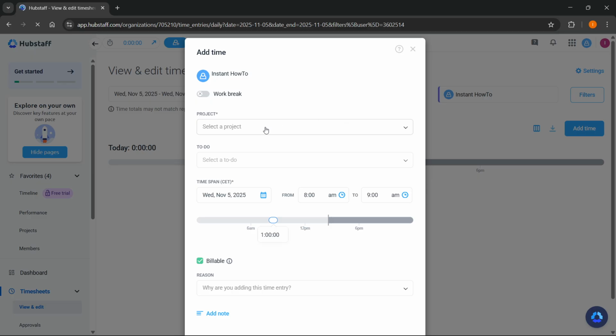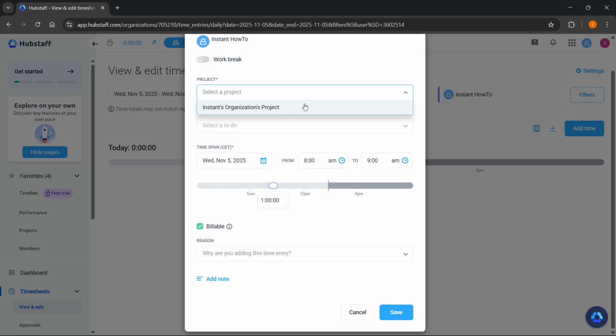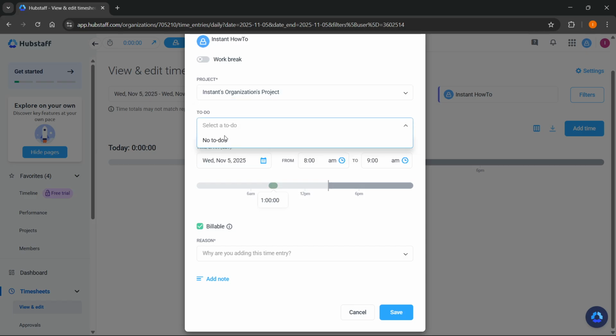blue button, and then here you basically want to select the project you want to be working on, so the organization, I'm going to click on that, and then the to-do over here, of course, should be whatever one you have, and then here you can basically just select and put in and manually add time tracking. Okay, so you could go ahead and put in the time span from 2. You can of course change that however you want to change it, and then here you can also do if